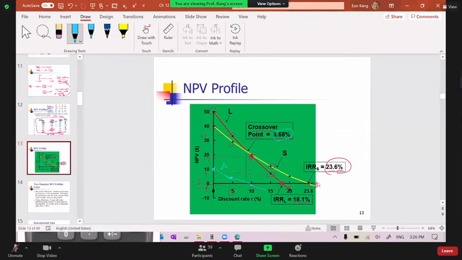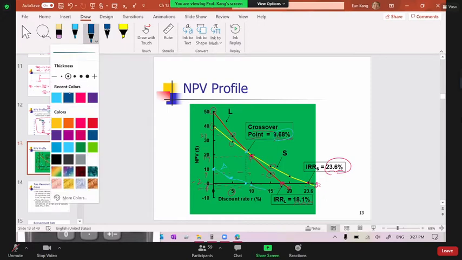And you have to make sure, many people make mistakes in the exam or quiz or homework. This crossover of the x-axis, this point, that is the IRR of delta, and that has to be the same as this crossover point between L and S, right? So that should be right below that point. But in the homework or something, some people draw the graph, for example, like